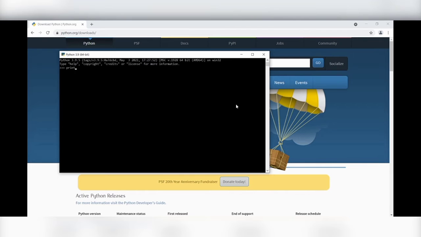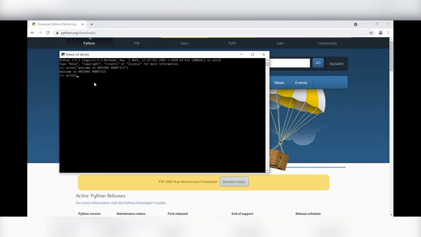For printing that statement, I am entering print, open parenthesis and double quotes, welcome to Arimas Robotics, and closing the double quotes and parenthesis, and clicking on enter. It executes perfectly. Here you can see what I have just said to it, print. It is directly executing without any errors.